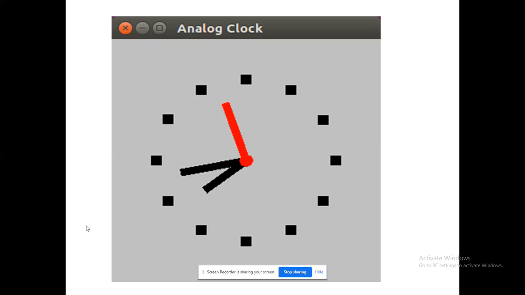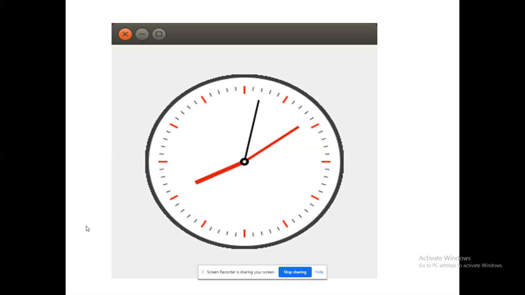Next, here I don't have any numbers. Everything I have drawn. See here, squares are being drawn there. The needle hands, hour hands, minute hands, you can see how they are designed. So here it is purely based upon complete geometry. Okay, that is the case. So you have a lot of variation from this one to this one. And finally, this could be the ultimate one. This could be the last one. Once you are able to construct this, you are the master in maths for the geometry pertaining to the GUI environment, right? This could be the case.